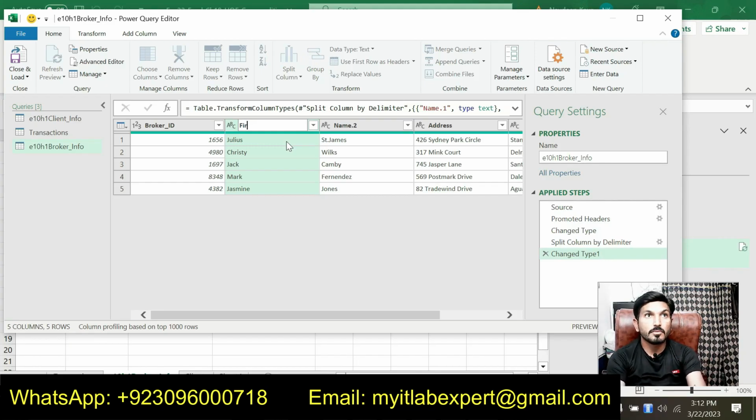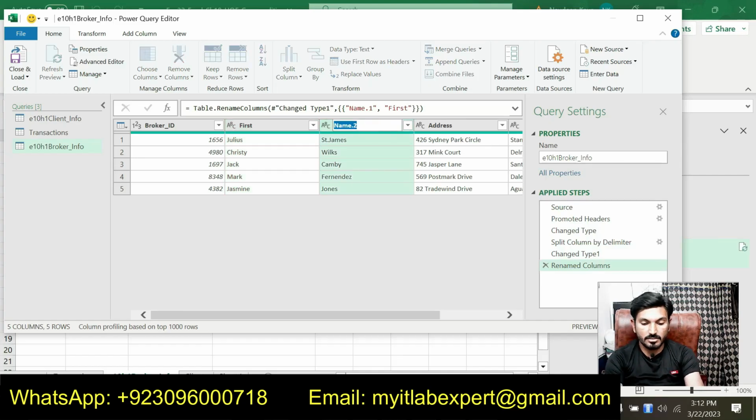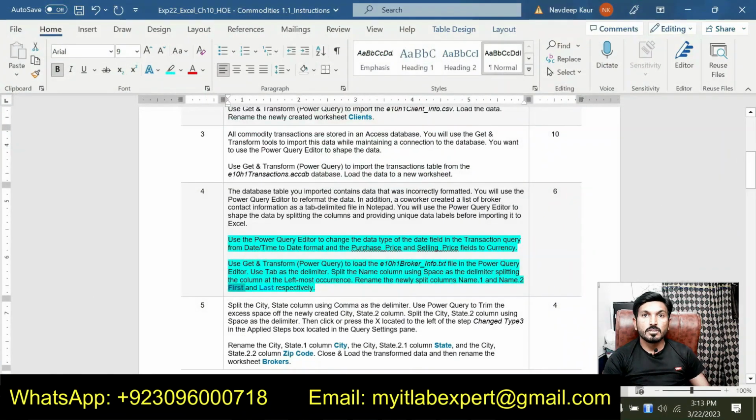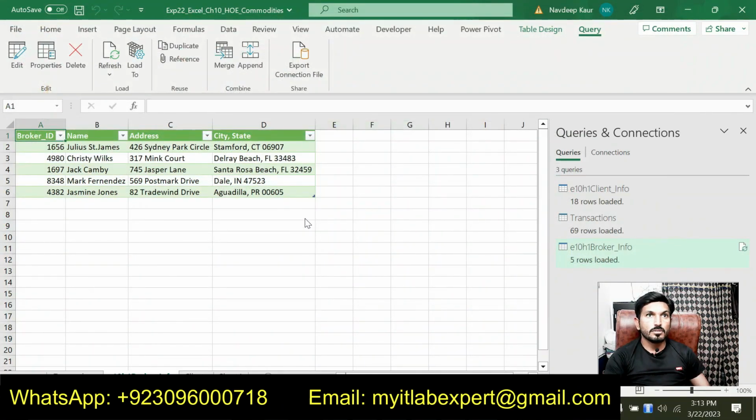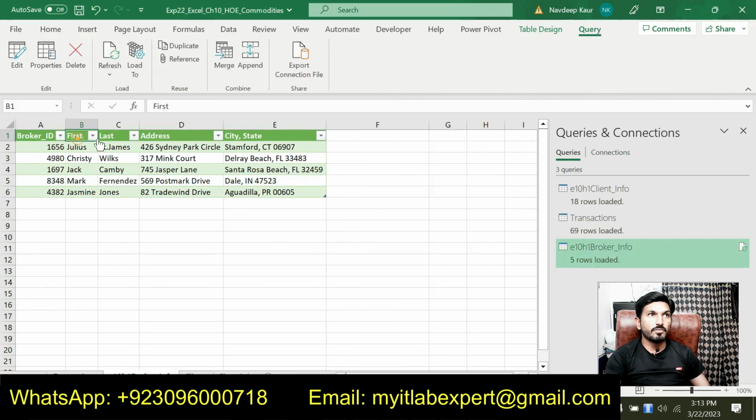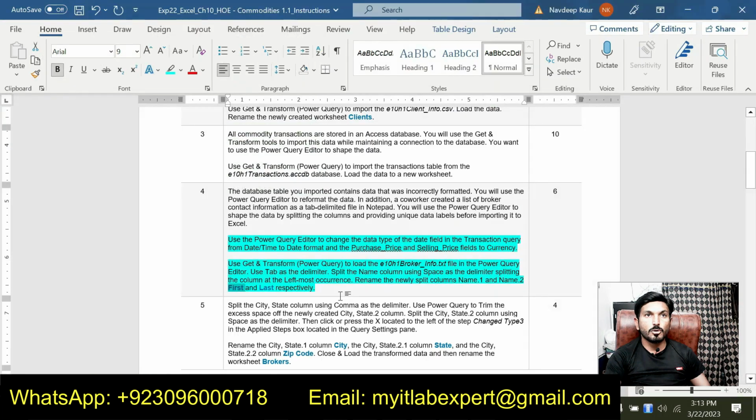First, and rename this as the last. So that is all about this one, and now we will load and close it. So close and load. So you can see that we have first and last column here because we split the name column into two columns. So that is all about step number 4, and now we will move to the next step,